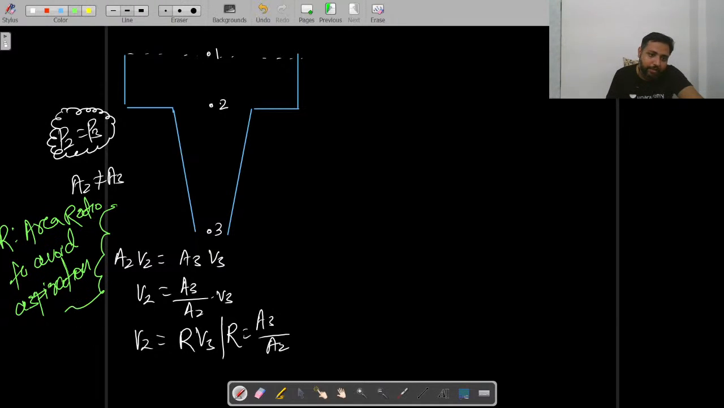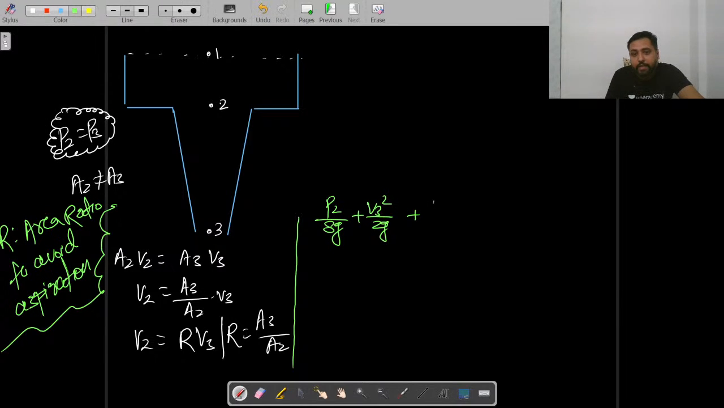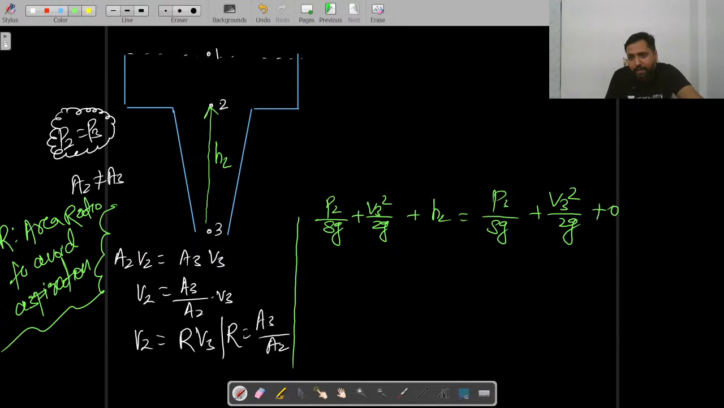R is the area ratio to avoid aspiration. So if you now apply the Bernoulli equation, you can write that P2 upon rho g plus V3 square upon 2g plus, this height again is from there to here, this height is h2, is equal to P3 upon rho g plus V3 square upon 2g, and plus 0.3 is at datum, let us say. So P2 by rho g and P3 by rho g will cancel out, because we have already assumed that since this aspiration has not to happen, so pressure throughout the